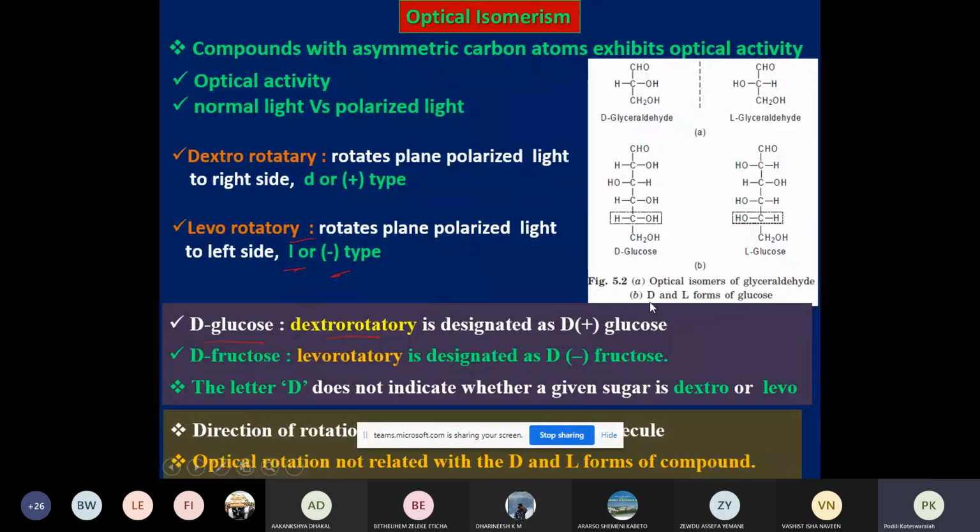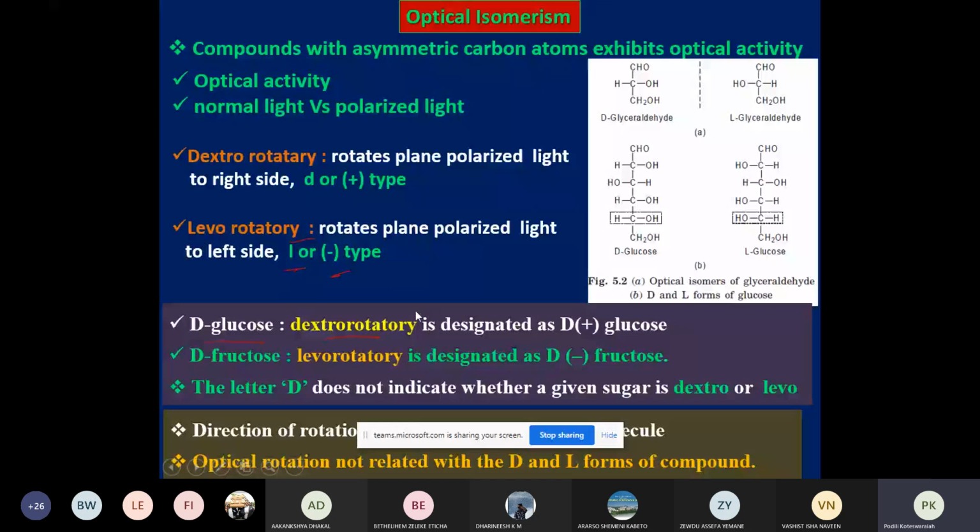Capital D and capital L indicate the configuration of the sugars, whereas small d and small l indicate the optical activity. Small d indicates the dextrorotatory, and small l indicates the levorotatory